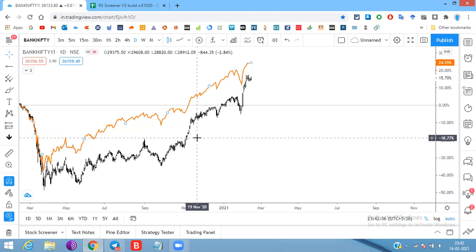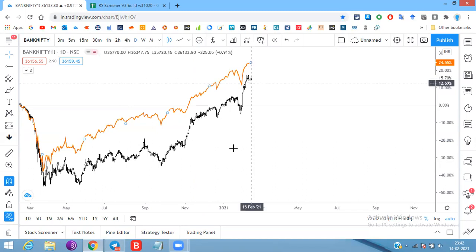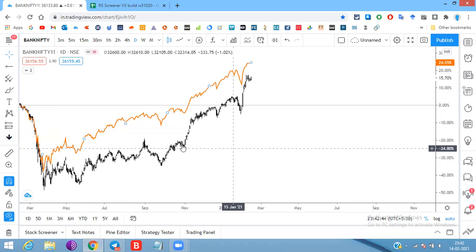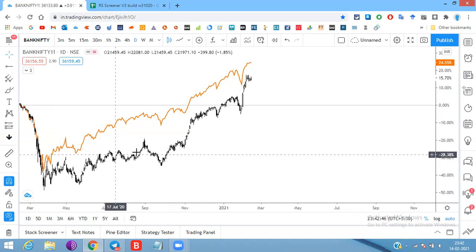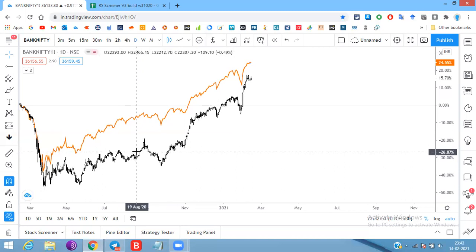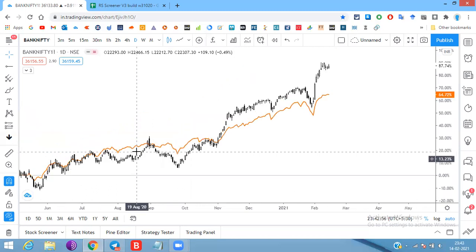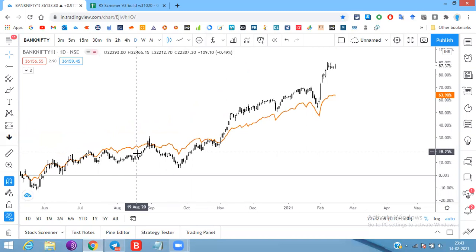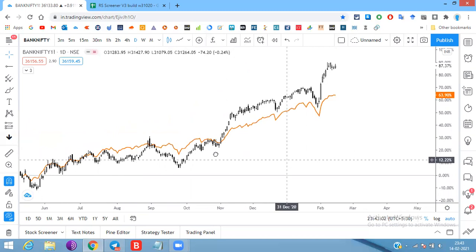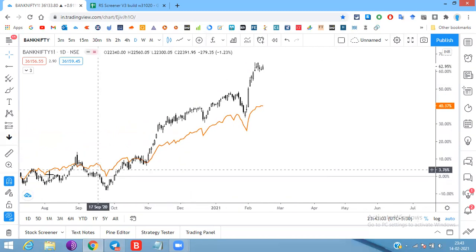So let me also take the SRS date. The SRS date from today's candle will be 19th of August. Okay, 19th of August will be somewhat like this, like here. So if we take SRS, what we will do for the SRS date, the total candles are 123 days, right? Guys, kindly just watch that previous video of SRS to understand.